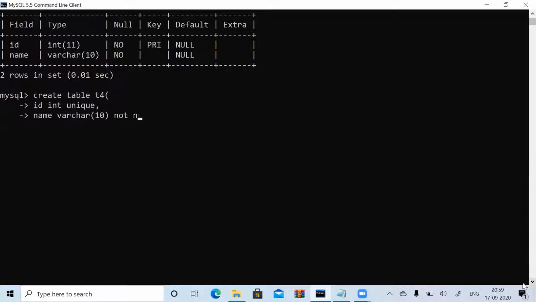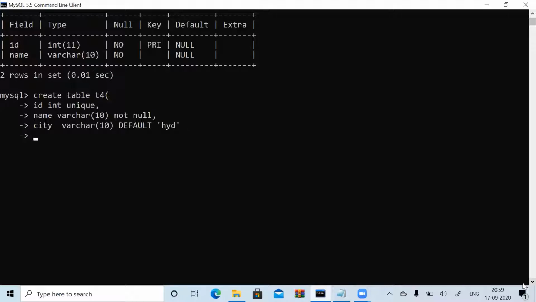It is not not null, but I'm using a default, and the default should be Hyderabad.